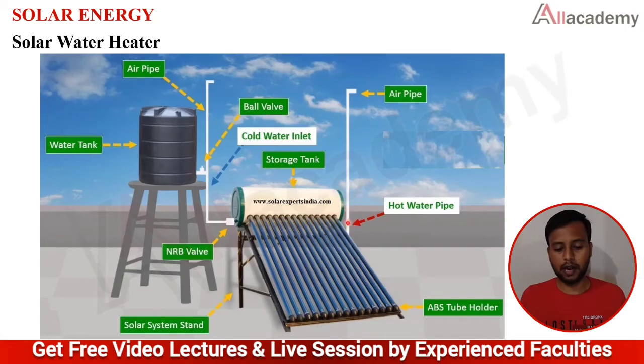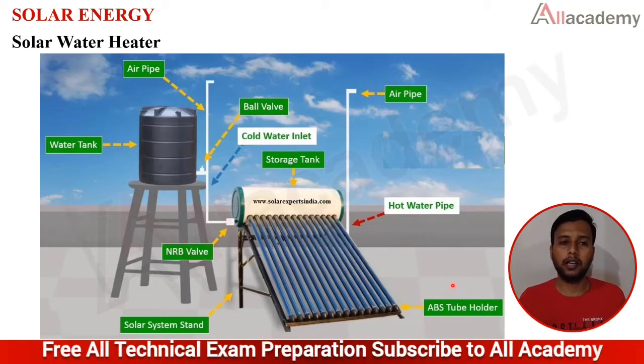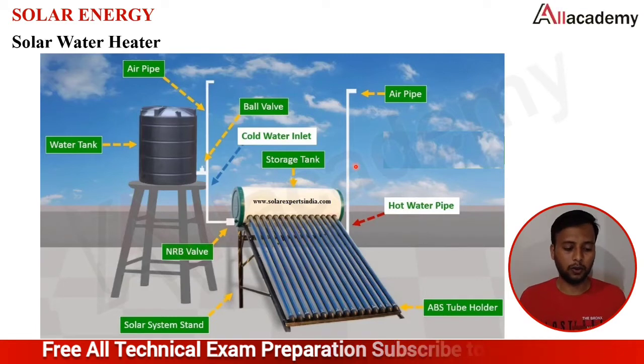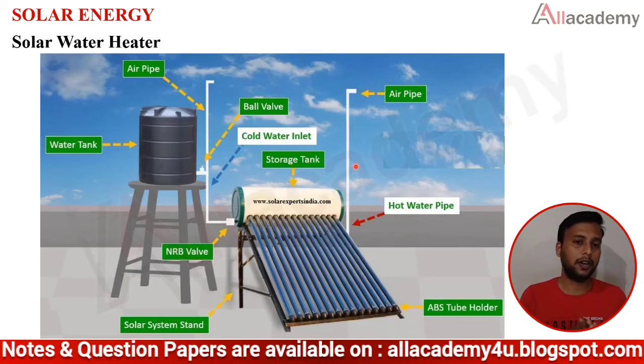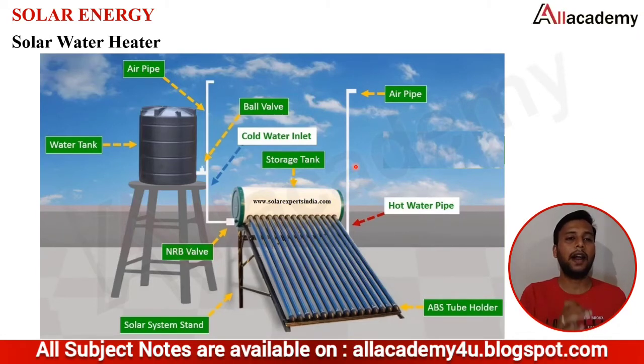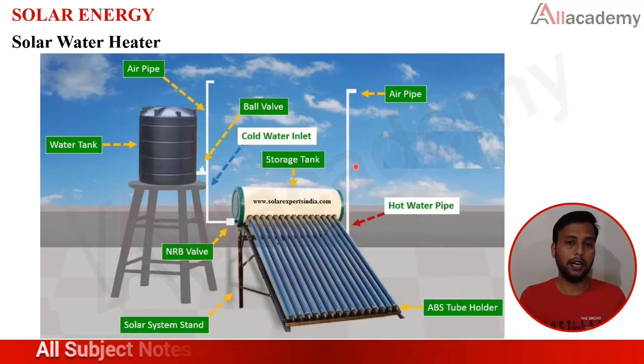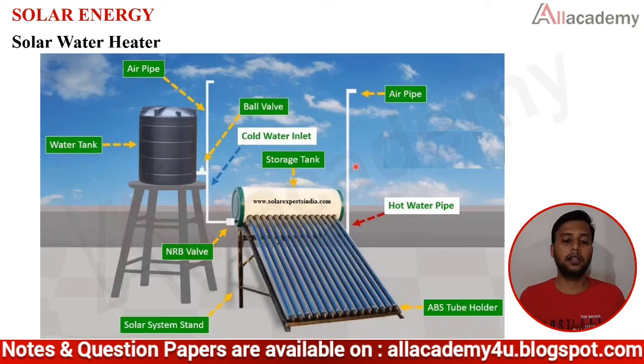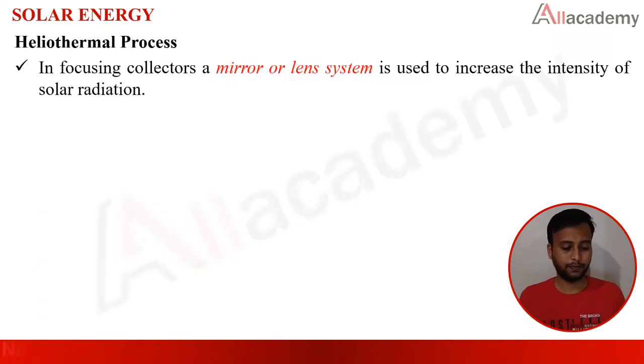Along with this tap, another hot water pipe is there, which is utilized for any domestic or other applications. So this is how a simple solar water heater looks. This question is asked for 8 marks and sometimes for 10 marks. Sometimes they ask directly, with a neat sketch, explain the flat plate collector. You should draw the diagrams I have shown in the previous slide, and explain the terms, how it is used, and how the conversion takes place.